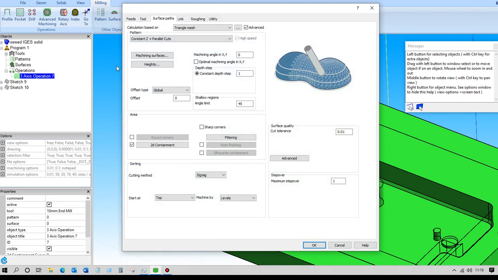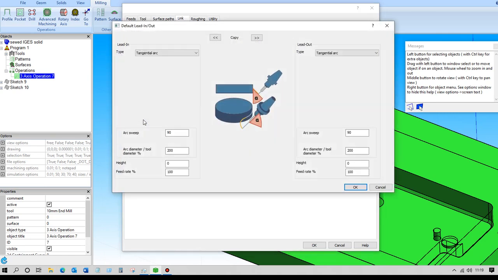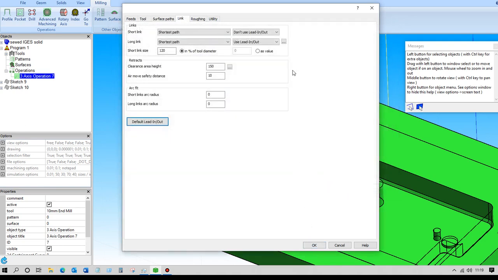One of the other options that we've got is we can set up how the tool is going to descend into those areas. So we can choose various types of default lead in and lead out depending on the type of work we're doing. And to use that, we set up the lead in, lead out here, and then we just choose to use it or not here. And the retracts, we can set those up here, so if we want it to be